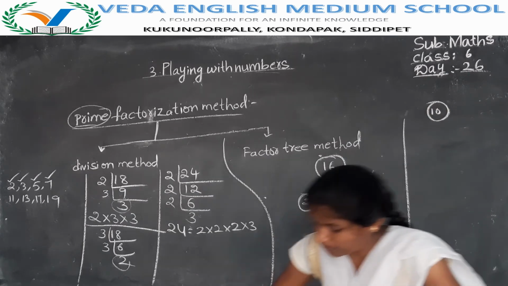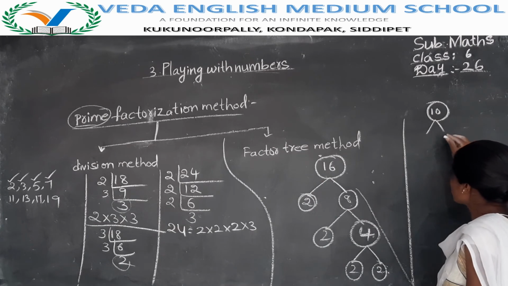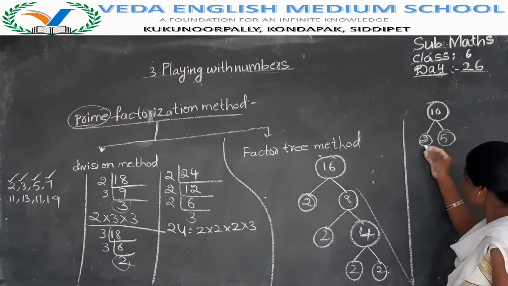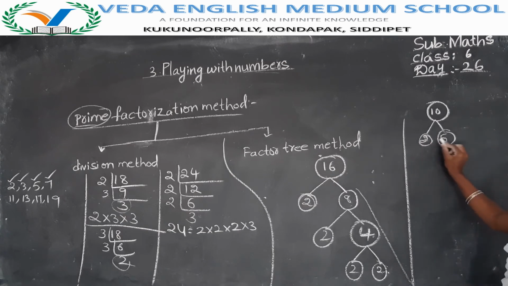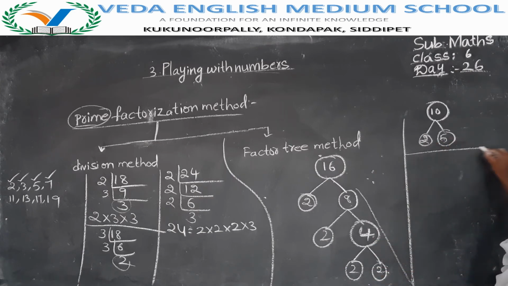So by using the prime factor method, find the factors of 10. 10 is divisible by 2. Yes, that is 2 5s are 10. If you want to take 5 2s also, no problem. 5 and 2 both are prime numbers. You must keep going until you get prime numbers. Both are prime numbers. So the factors of 10 are 2 comma 5.